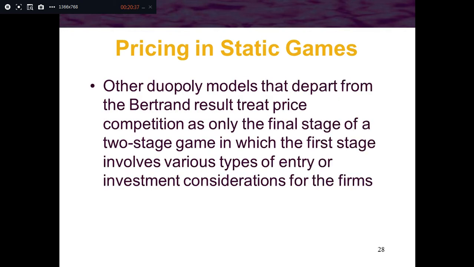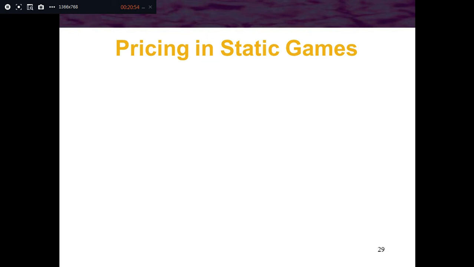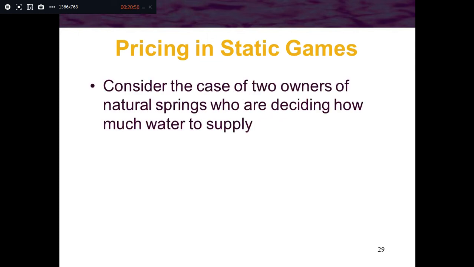Other duopoly models that depart from the Bertrand result treat price competition as only the final stage of a two-stage game, in which the first stage involves various types of entry or investment considerations for the firms, and the second stage is about the price. So consider the case of two owners of natural springs who are deciding how much water to